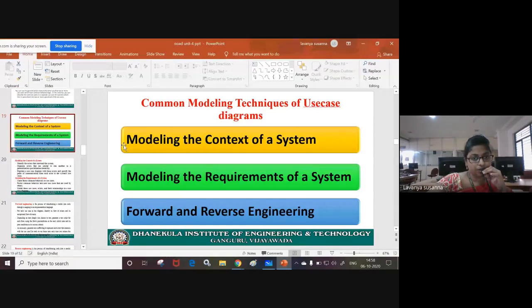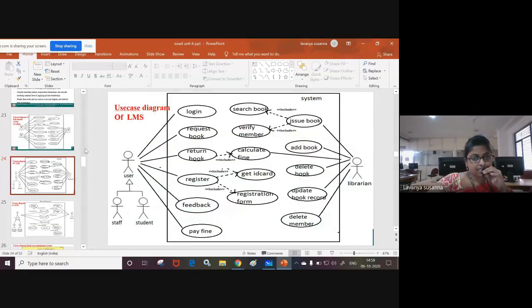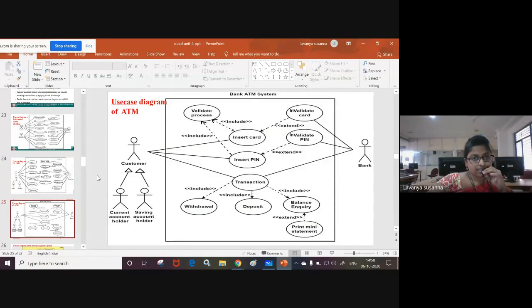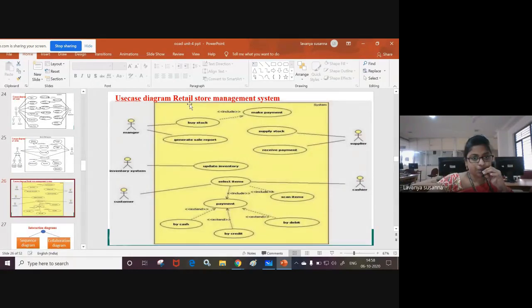In the next class, I will discuss the use case diagram of the library management system, the use case diagram of ATM, and the use case diagram of the retail store management system.